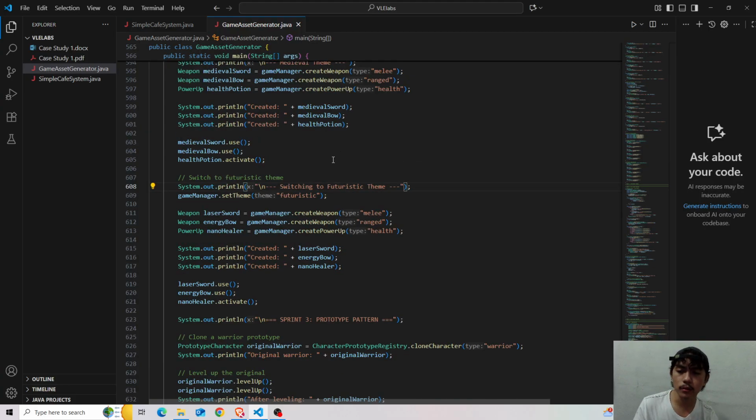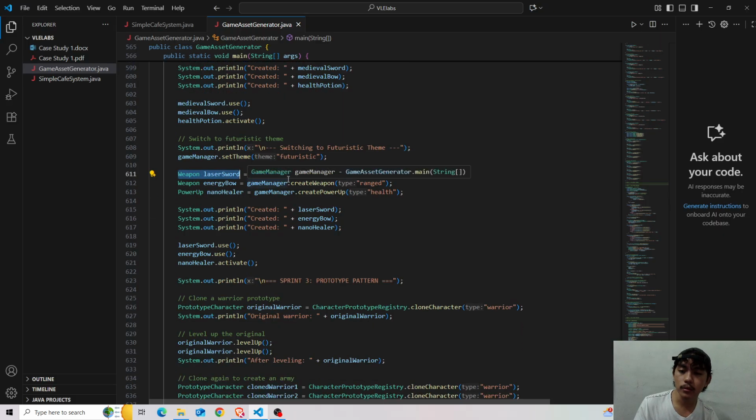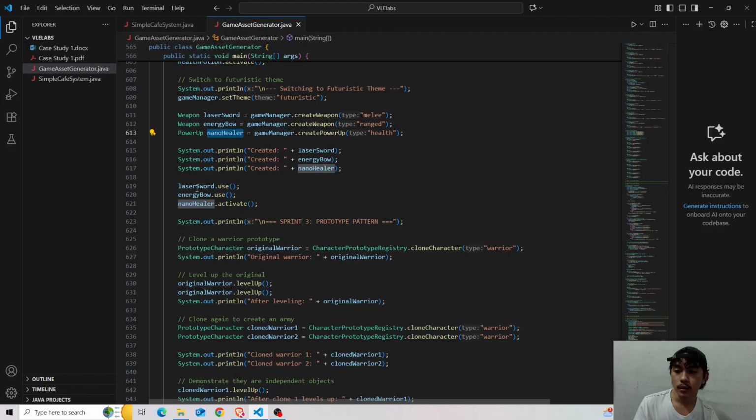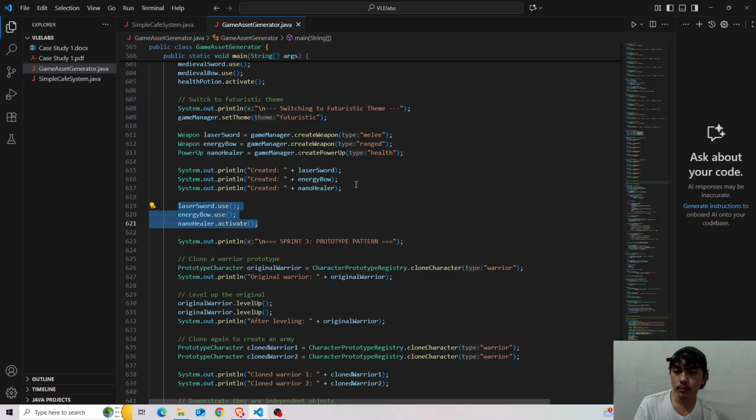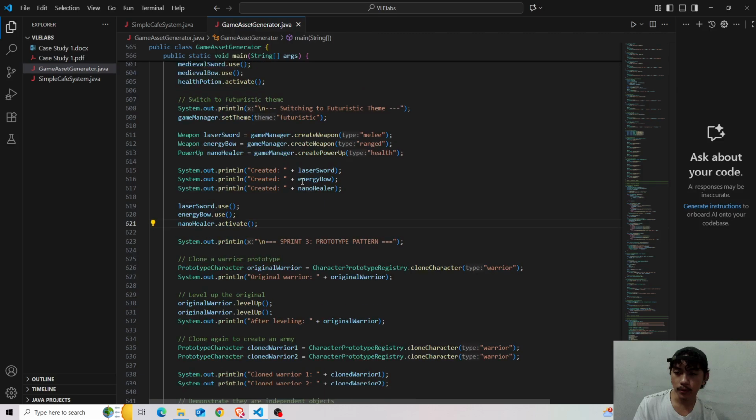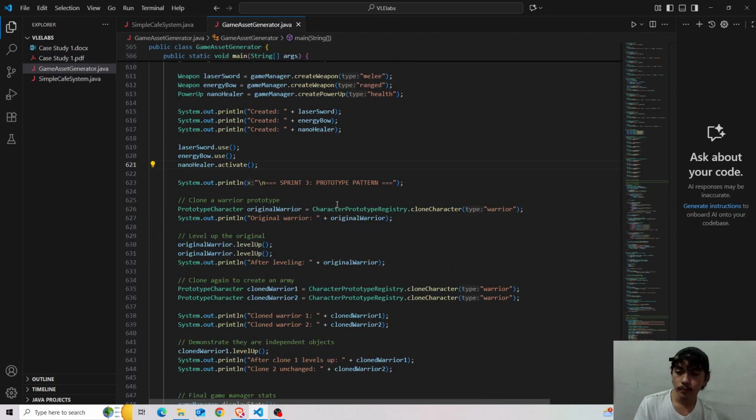Since it's already futuristic, we've added a laser sword. Then same as before, it passes through the game manager, then creates the melee weapon. Same with the energy bow and the nano healer: it prints out everything, and then uses each weapon and power-up. That's basically it for the second sprint.